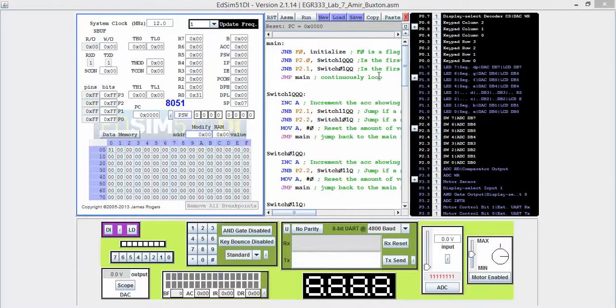And unfortunately we weren't able to do all three different conditions because we ran out of bits, as you can see down here. We only have bits 0 through 7, so we only have 8 bits to work with. And so what we did was we implemented the first condition, which was 3 out of the 4 board members